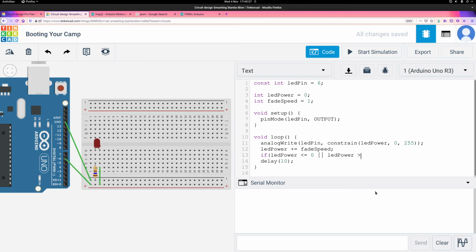So if the LED power is more than or equal to 255, then what do we want to do? Well, we want to switch the direction that we're fading. To switch the direction of this fade, we want to change it, remember, from a positive to a negative number, or from a negative to a positive. Now, one operation that can do both of those things, and just flip the direction it's going, is if you